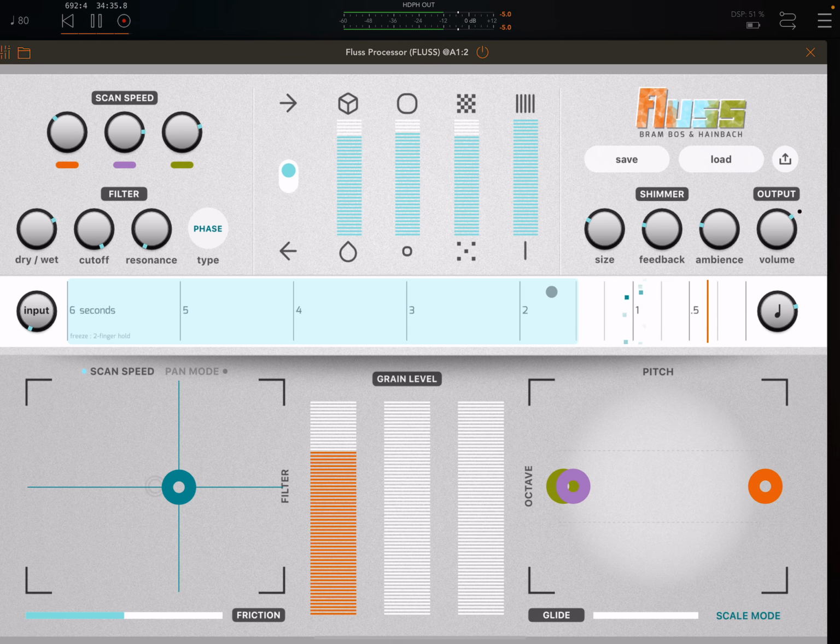So this will make a very big difference to your sound. Okay, so